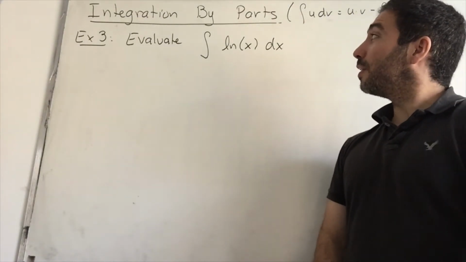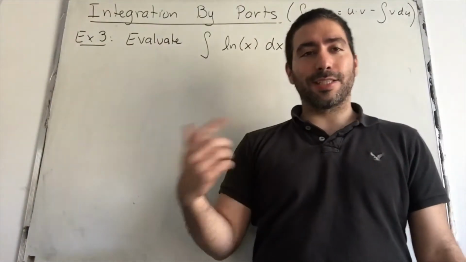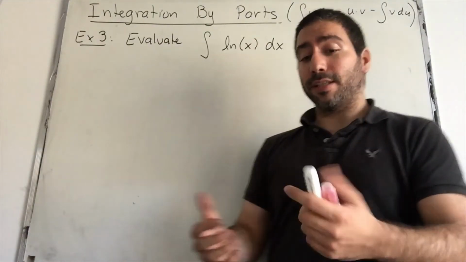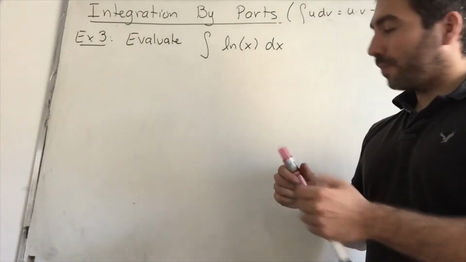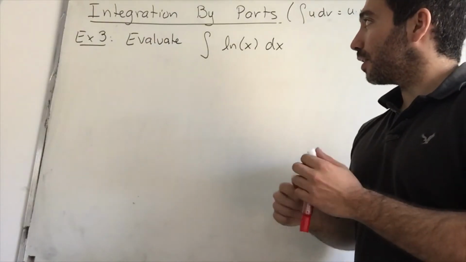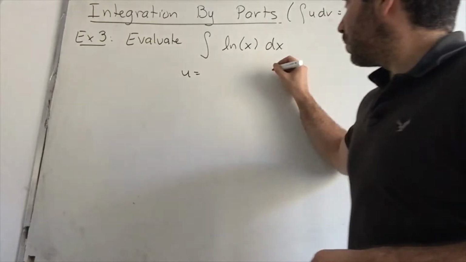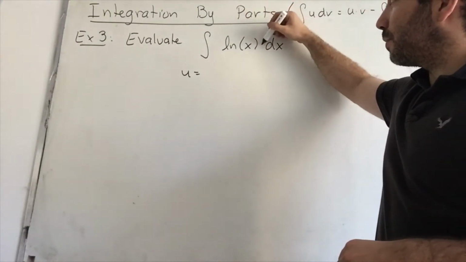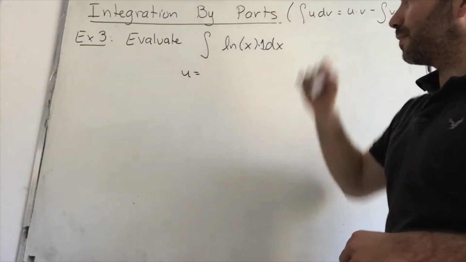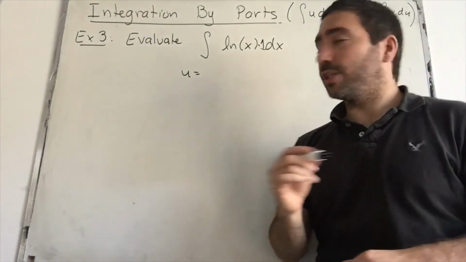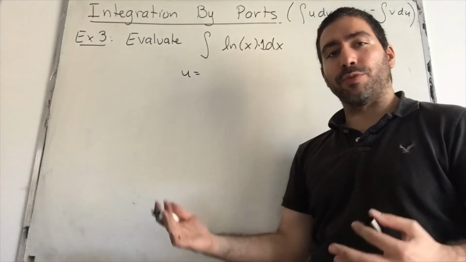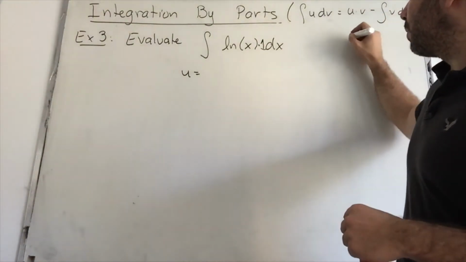Okay, so what's difficult about this problem is that it doesn't look like an integration by parts problem, but in fact it is. So you just have to think of this as we have our ln of x times, let's say, 1 dx. Okay, so there is technically a multiplication here. You're just multiplying by 1, which we don't usually write, but you could think of it in this fashion. And applying LIATE,